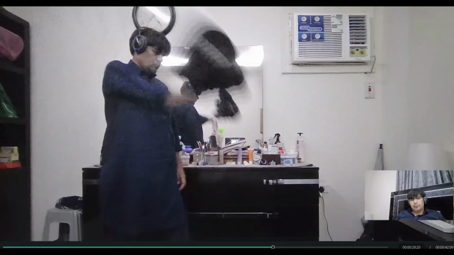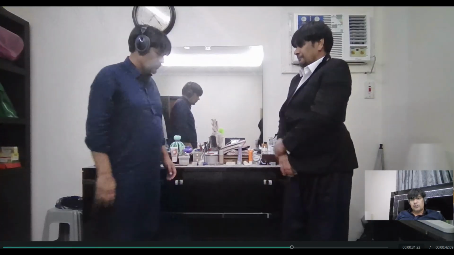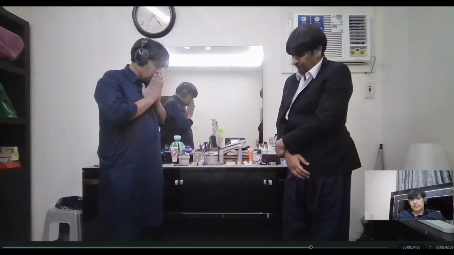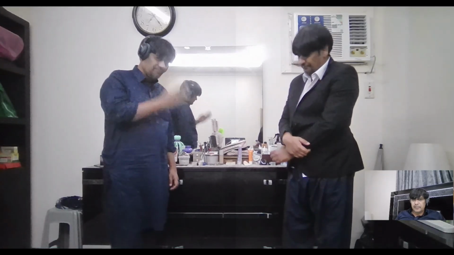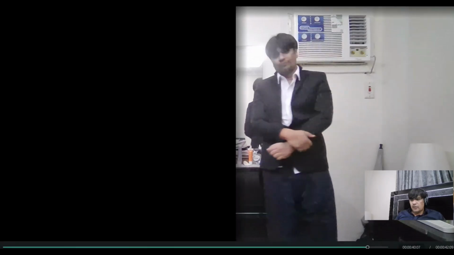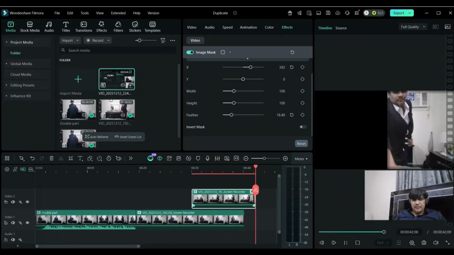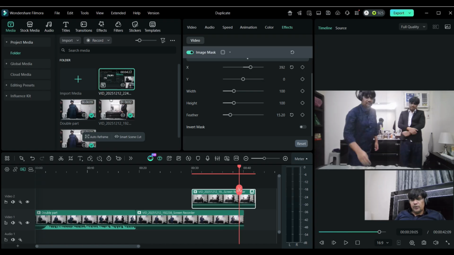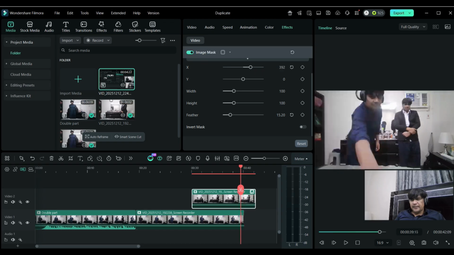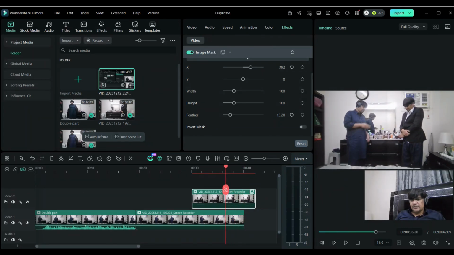So once I put this, now you can see this second shot will start, and there is a small line in the middle. So maybe I will adjust the feather a little bit. Where was the line? If I notice, you will notice because you are preparing this, otherwise nobody will notice this.